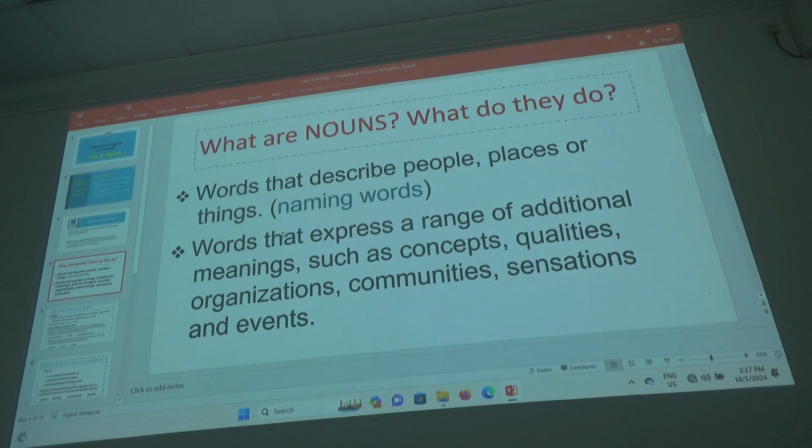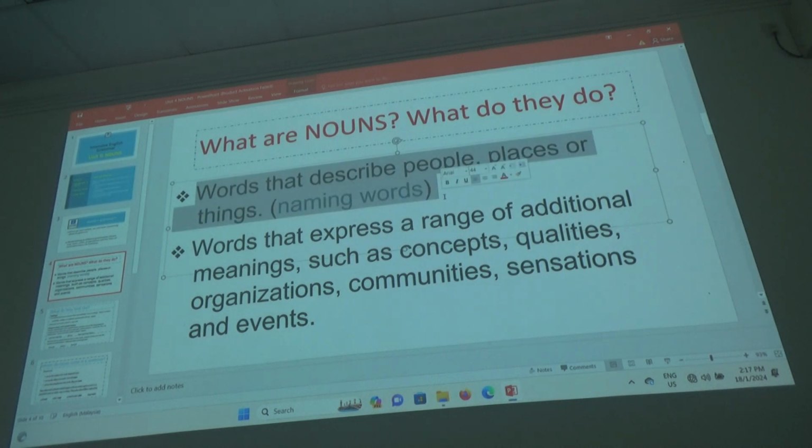Okay, what are nouns? What do they do? Okay, this is the first thing you must learn and you must remember, because definitely coming out in the midterm exam. Okay, words that describe people, places or things. We call them naming words. Alright, these are nouns. Words that express a range of additional meanings such as concepts, qualities, organizations, communities, sensations, events,